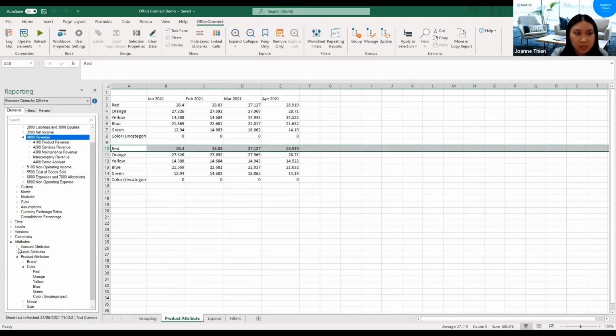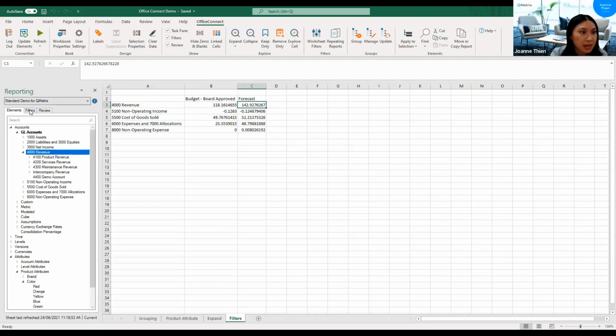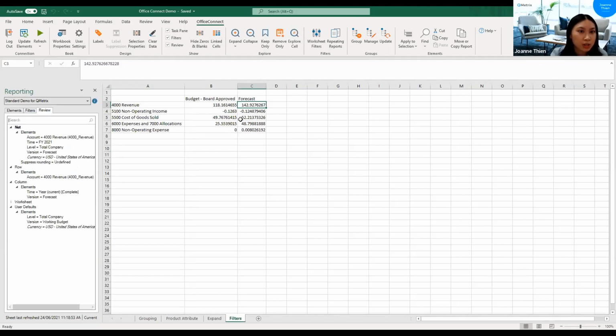It can be on multiple dimensions, such as account or level attributes too. I've talked about how to expand and collapse various accounts, and I've also said it's probably best to just use what's in Excel unless it's just for an ad hoc report. I've also shown you how to update the filters in a report as well as review them, so you can troubleshoot and identify what actually makes up a specific cell.